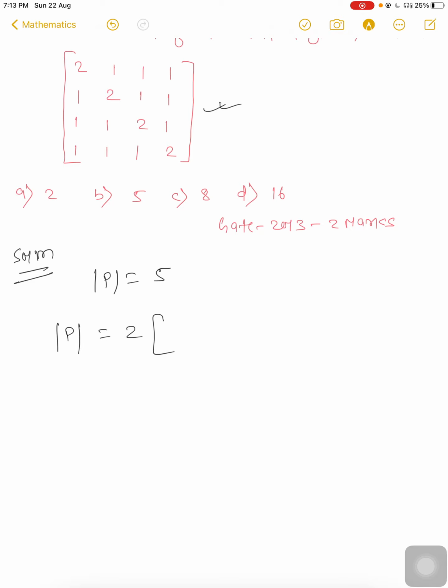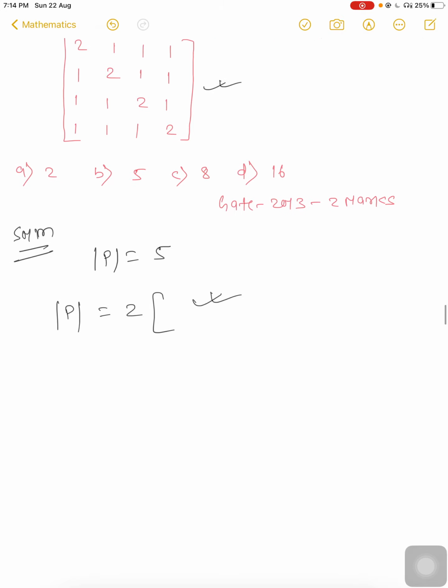So you get a very lengthy determinant calculation. Once again, you will get this type of matrix. Otherwise, for simplification you subtract rows from each other, then you will get the minimum value, and from there you will calculate. Can you simplify it? No problem. Directly you will get the answer. There is no other concept.